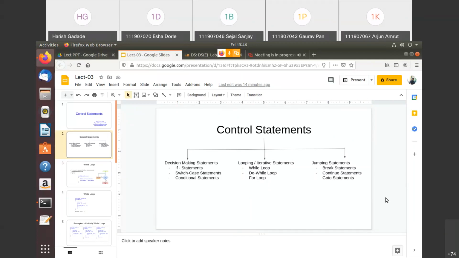So my request is, if you are not understanding any part in these loops, please tell me, I'll repeat it. If you are not getting anything and still you are ignoring it, then you might get problems in future, right? So if you are not getting anything, you just tell me.